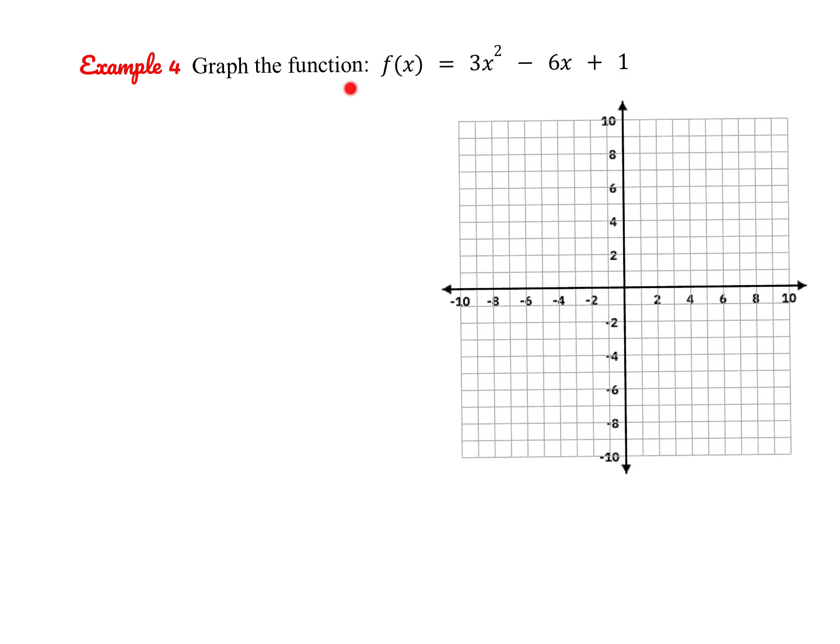All right, so let's give this next one a try together. So here you can see that our equation is in that standard form. So the first thing I'm going to want to do is find the x value of our vertex. And again, the formula is